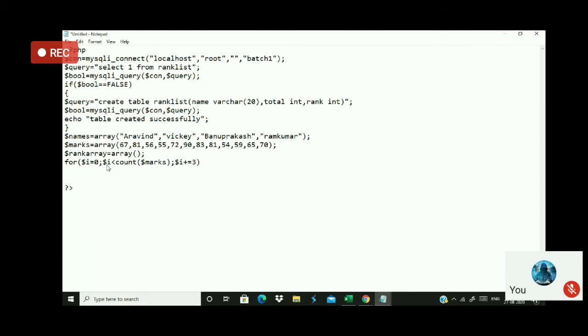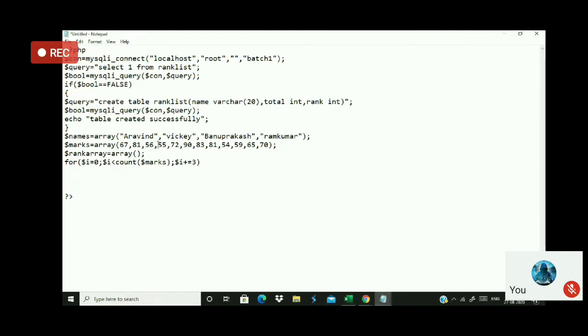Why am I using 3 here? Because when I use $i equal to 0, I have to add $i equal to 1 and $i equal to 2. So 0 plus 1 plus 2 should be accumulated, and that should go to the mark called Arvind. Then immediately $i should be incremented to the third value. So 0, 1 and 2 will be accumulated.